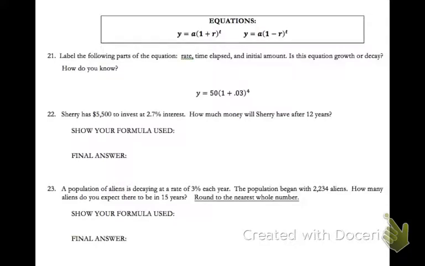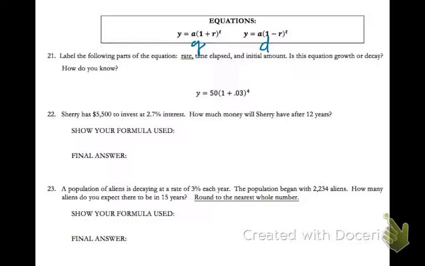Unit 7 Study Guide, numbers 21, 22, and 23. These problems deal with exponential growth and decay. Here are the formulas for exponential growth and exponential decay. So on 21, we need to label the following parts of the equation: the rate, the time elapsed, and the